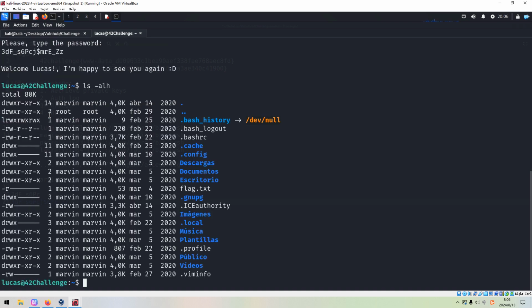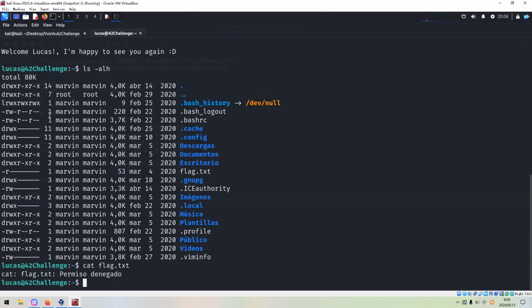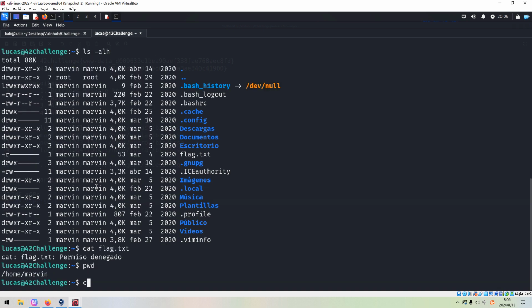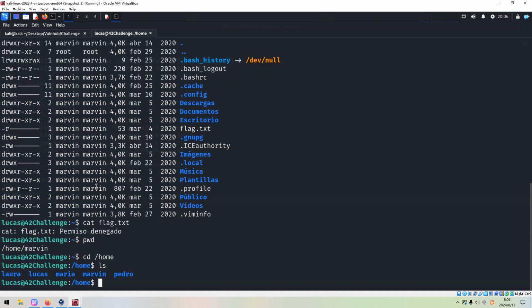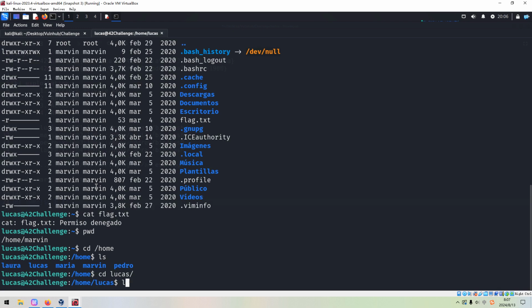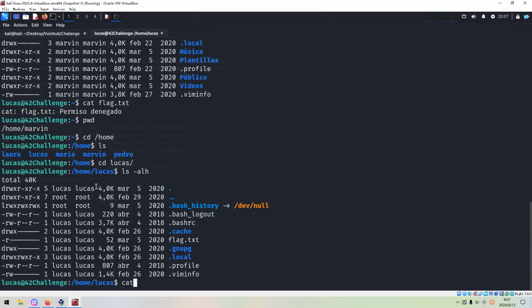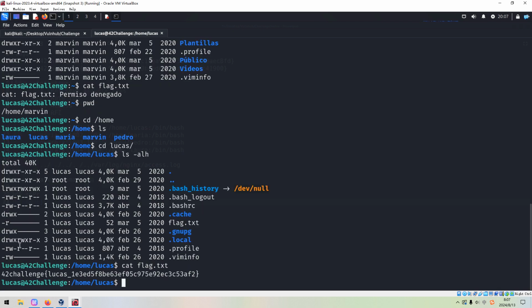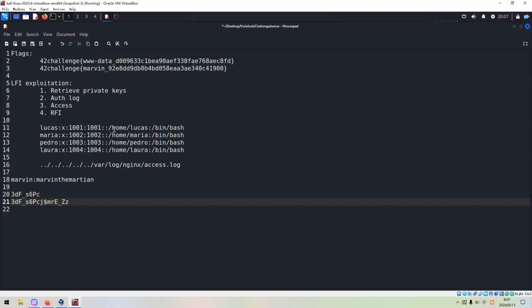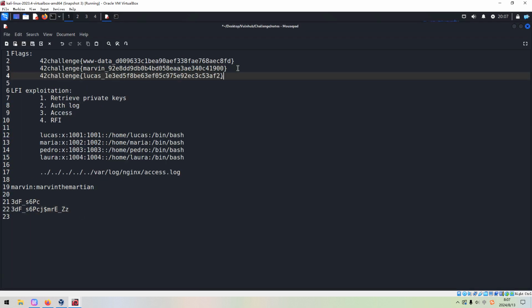And we can list the files, we can get another flag. Okay. We can go to the Lucas directory. And now we can cat out the flag. We can put it over here.